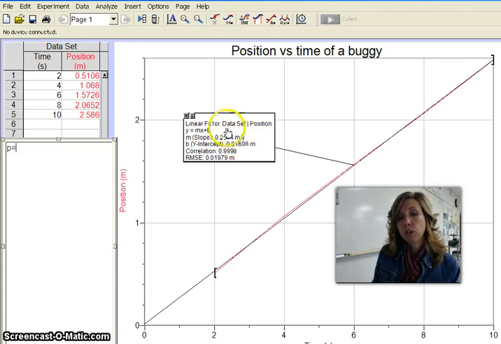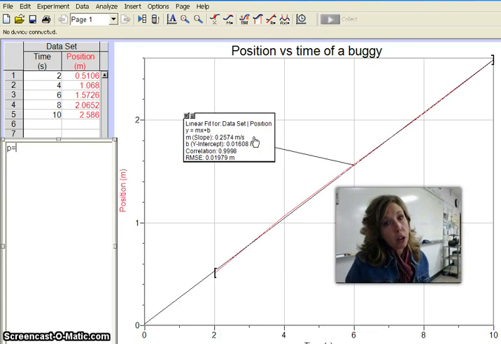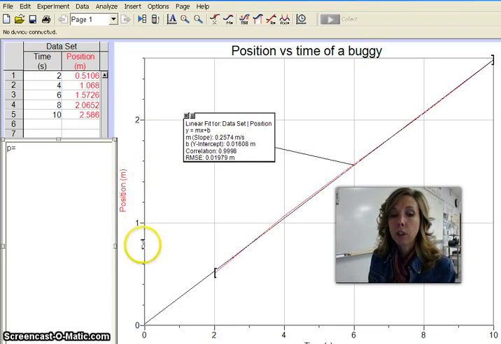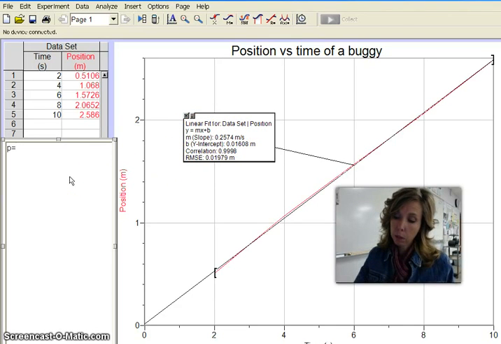Now the computer tells you what this slope is, but I need you also to remember from your math knowledge where slope comes from. And it comes from the change in y for every 1 unit x. And so the computer has taken 2 points along this graph, found the change in the y of those points, divided it by the change in the x of those points, and averaged it to this number right here. So instead of just the m in the equation, I'm going to put what that number is. And that number, I'm told, is